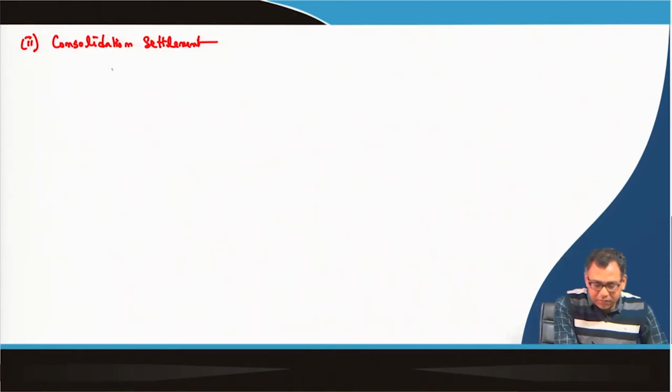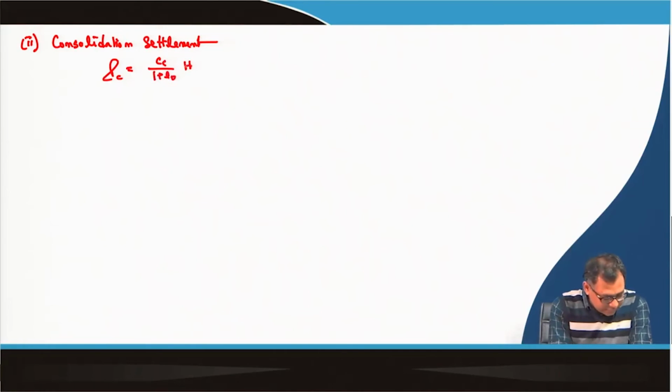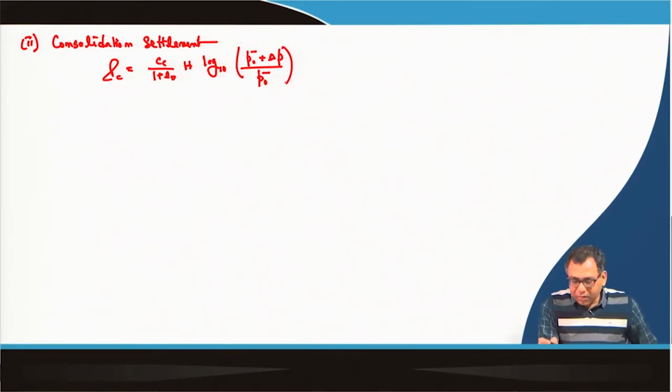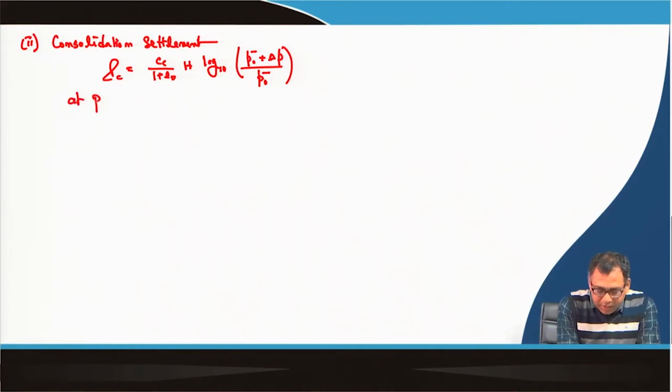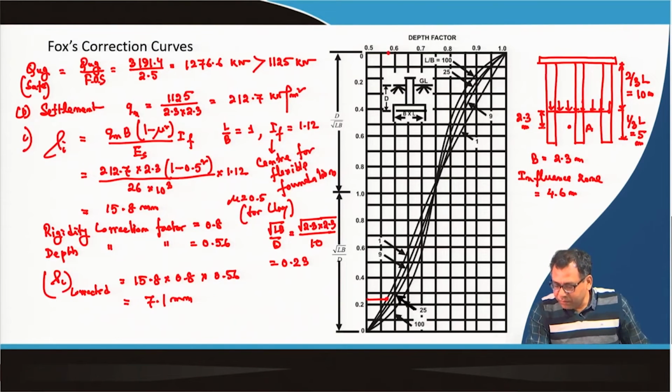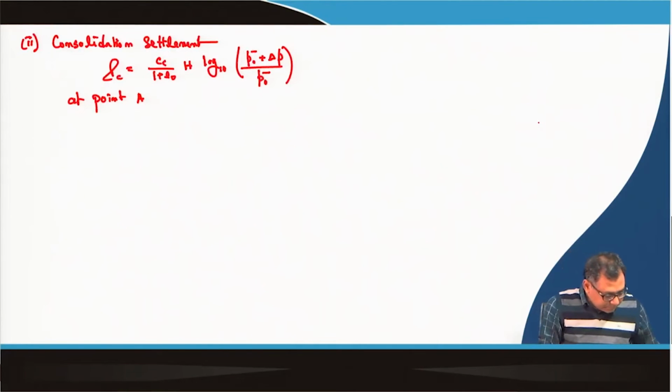Okay. So, consolidation settlement is Cc by 1 plus e0 into H, because here it is a single layer. So, I will take the single layer values, and this is log of P0 bar plus delta P divided by P0 bar. So, at point A, which is 2.3 meter from the base of the raft, P0 will be,